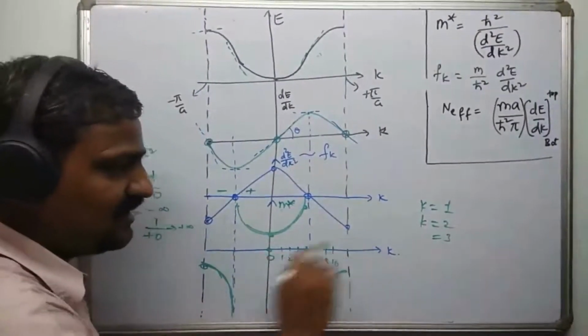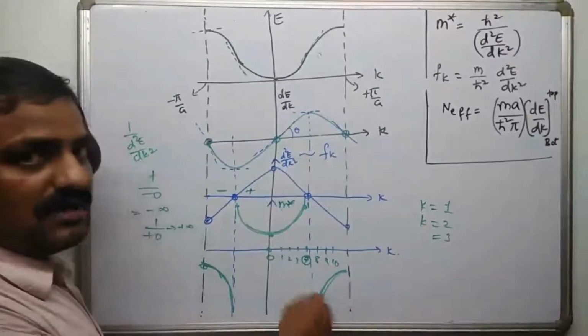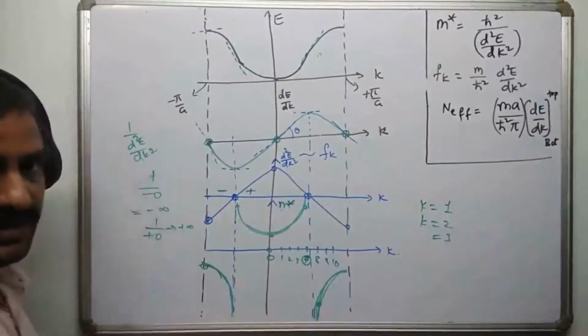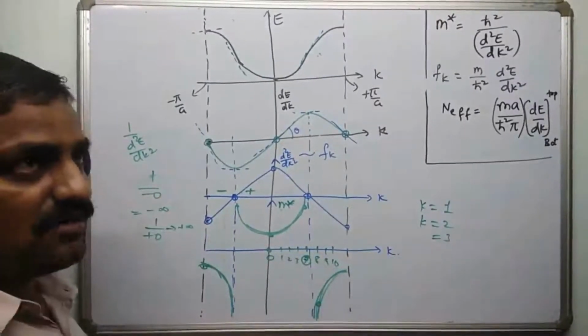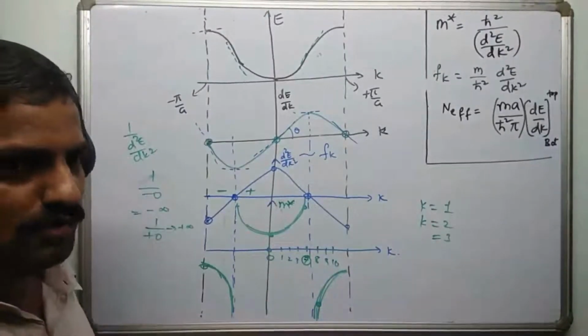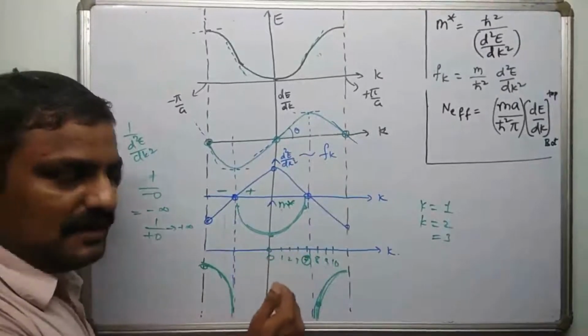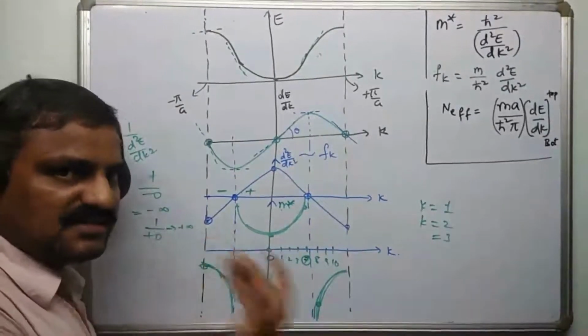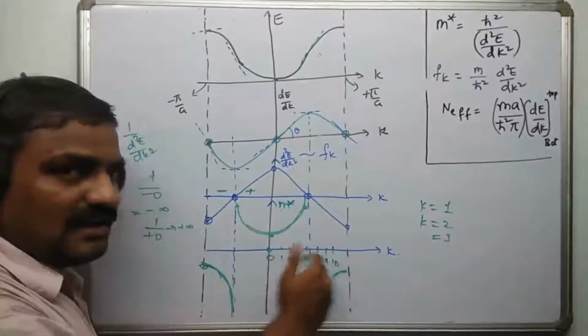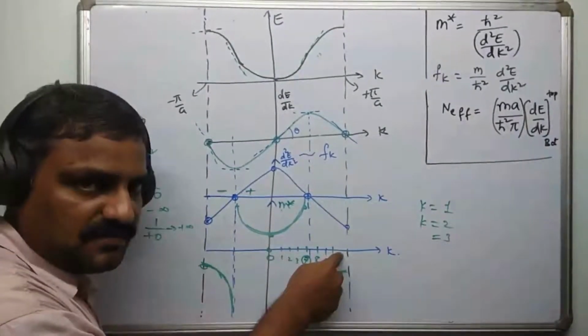Like that, if you keep on increasing the k values, all these k's will show the effective mass of the electron as a negative term, right? So these negative-term electrons are going to give something strange, what we call a hole. So please remember, with lower k values in a band, the electrons will behave like just electrons, and with higher k values in the band, or in other words, if this is the lower part of the band, this is going to be the top part of the band.